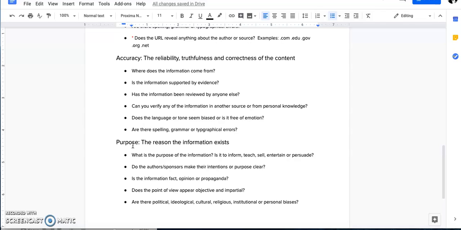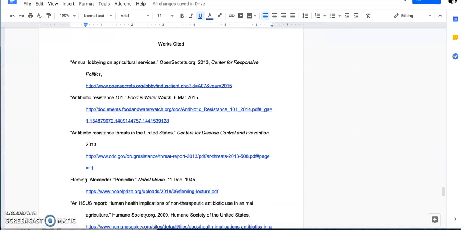We all have certain ways of viewing information. So you want to make sure the information you have is not necessarily objective, but that you know the ideas you're putting into your paper. So let's go back and look at this sample paper we've been looking at. For this video, I'm just going to look at the works cited page, even though we're going to get to works cited in another video down the road.